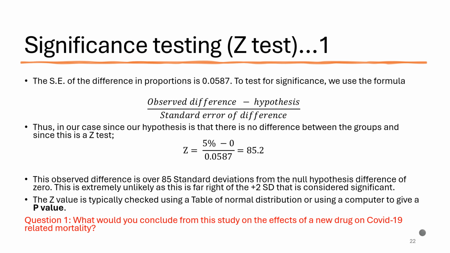Think about it this way. You remember the precision when we were looking at the normal distribution, when we were talking about precision, and I mentioned that any value that exceeds plus 1.96, and any value that's below minus 1.96 is considered statistically significant at the 5% level. That's what this is. So 85 is way above 2, which means that this is very significant. So there is a very significant difference in mortality rates amongst these patients. So the new drug,